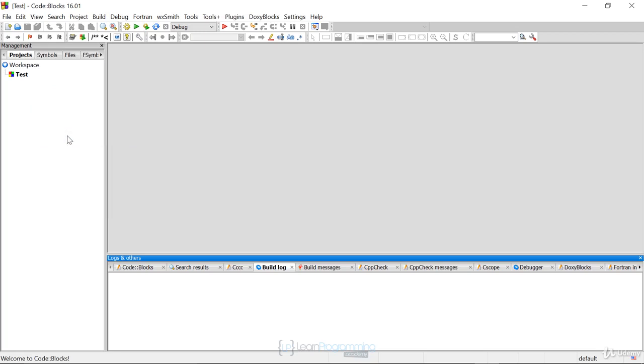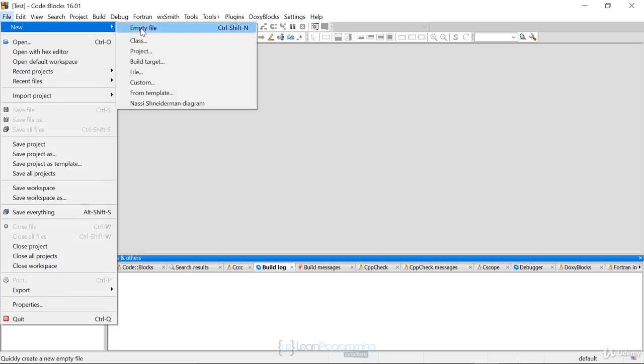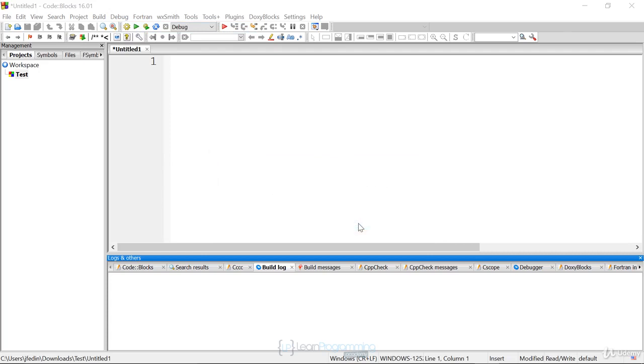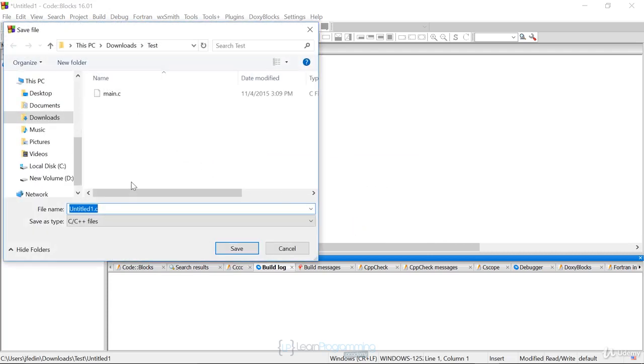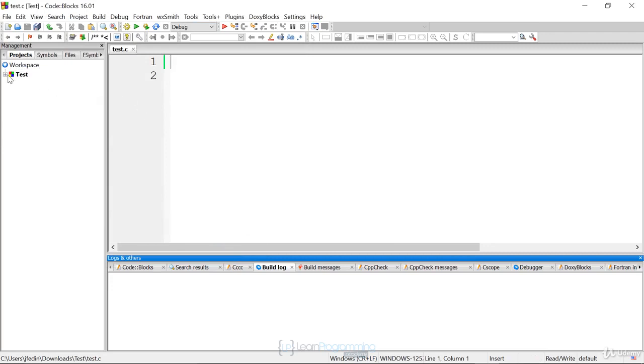Now, according to the assignment instructions, we want to create a new source file called test.c. So we can highlight the project name, go to File, New, and choose Empty File. We can just say yes to the dialog box that comes up. And we want to name the file test.c. So we're just going to say test.c and Save. And we're going to then say OK. And you'll notice that now under your project, in your management pane in your Projects tab, there's a new file